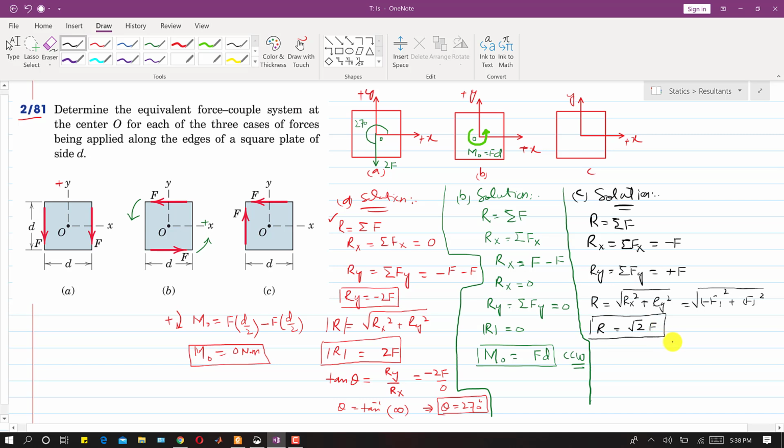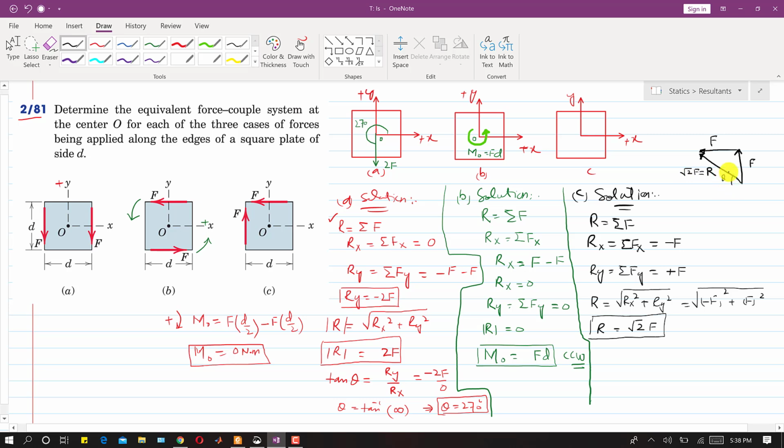And to find theta, we will apply tan theta. So if I add these two forces by the head to tail rule, let me draw it. So let's suppose this is that F force, and the other force is the horizontal force of the same magnitude. So this is that force, so this will be the resultant, and its magnitude is root 2 F, and this will be the theta.